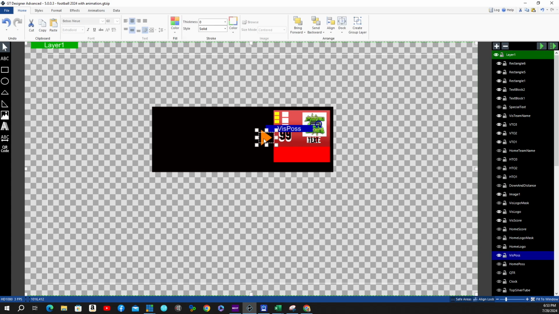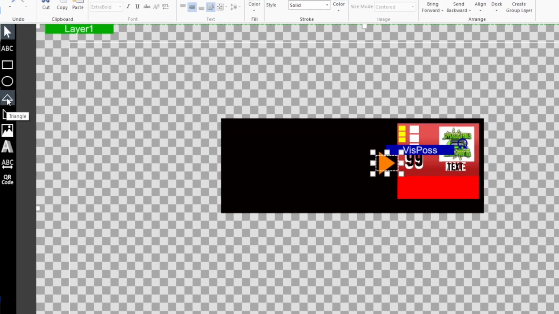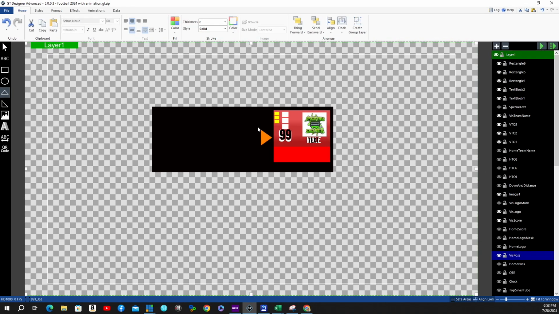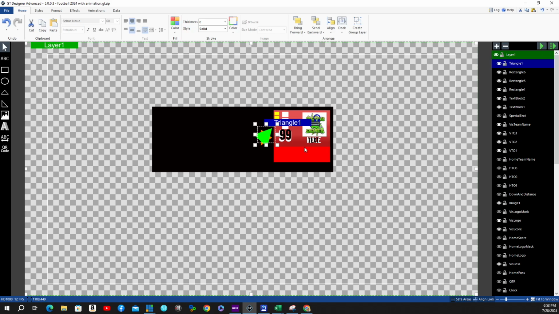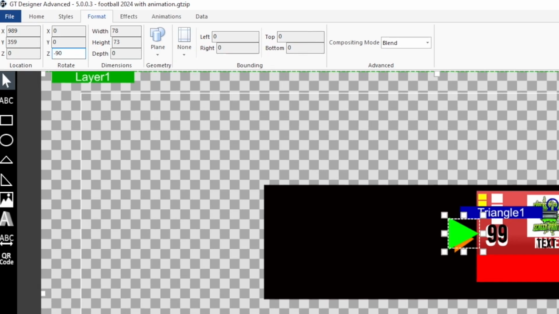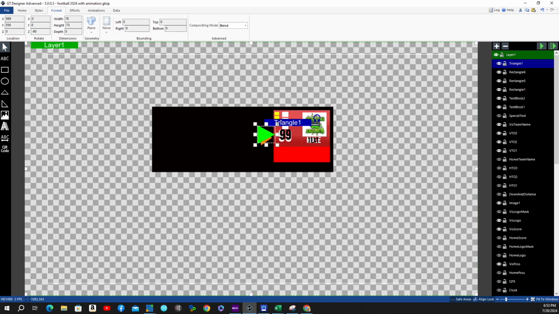Now this right here is our visiting possession, and we make that by clicking on this triangle button here. Go ahead and bring this over, and there's our triangle, but you can see that it's oriented incorrectly. So we're going to have to go to right here where these arrows converge, hold our control key again, and we can rotate it right there. Let's go to format, because we want to make sure we're exactly on -90. And what we would do is just click on the triangle 1, use our arrow keys to bring it down